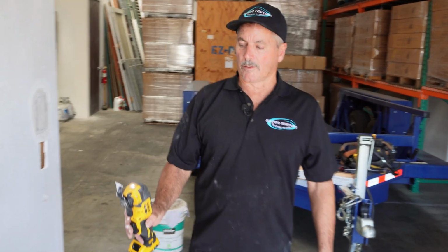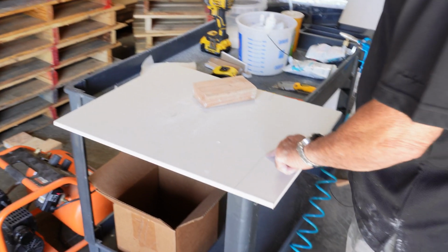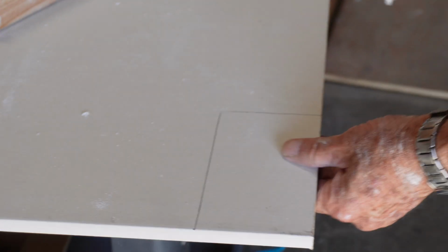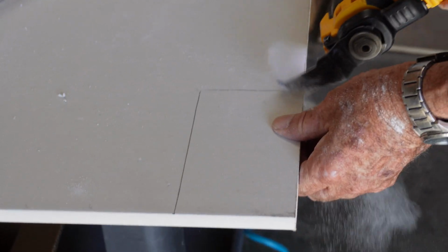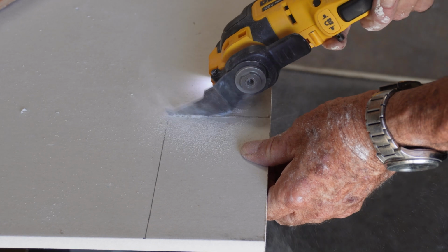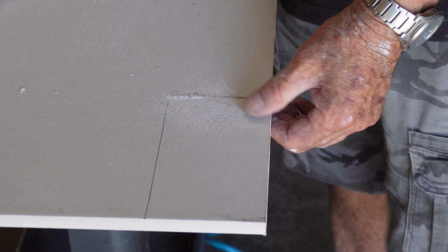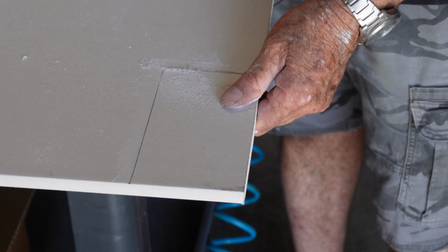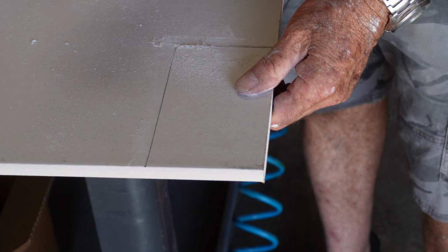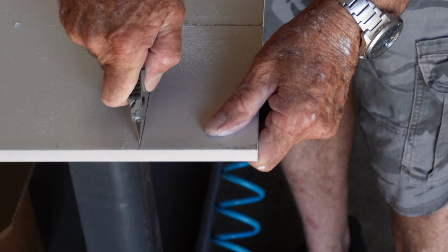I'm going to grab this multi-tool, and I'm going to make this shortcut. That way I'm not going to disturb all this drywall that we may be able to use later on. So now I've cut in just far enough that I'm just right even with the line. Now I'm just going to use my utility knife, make a quick cut,